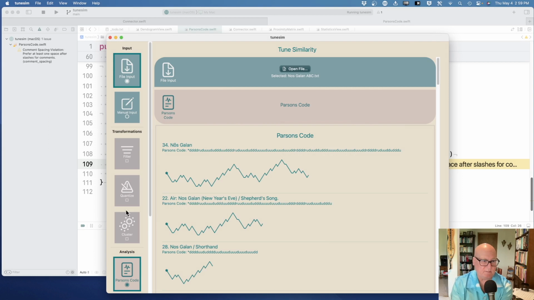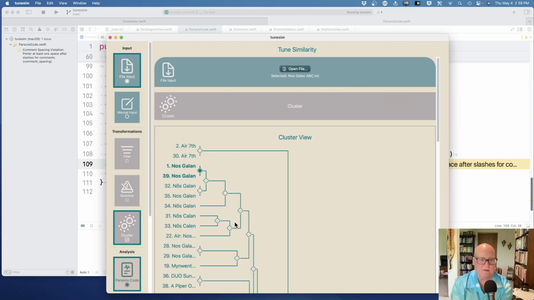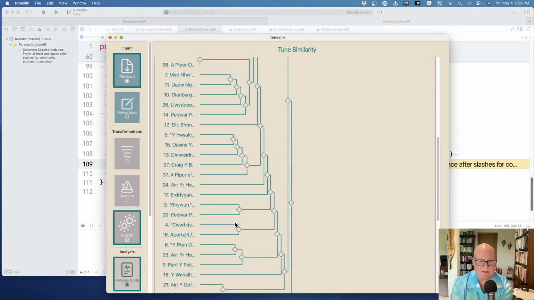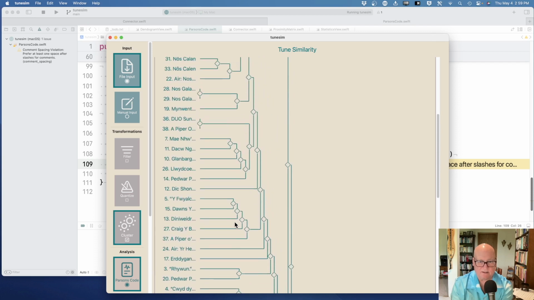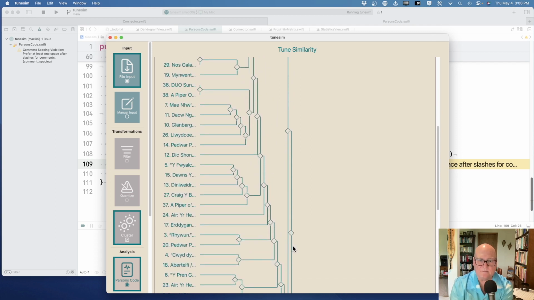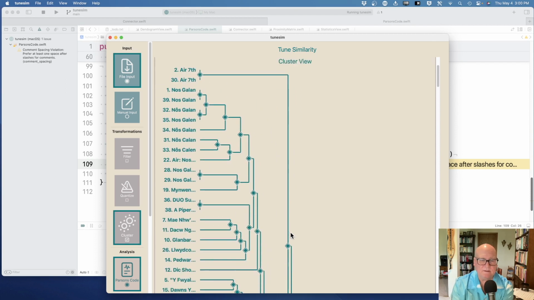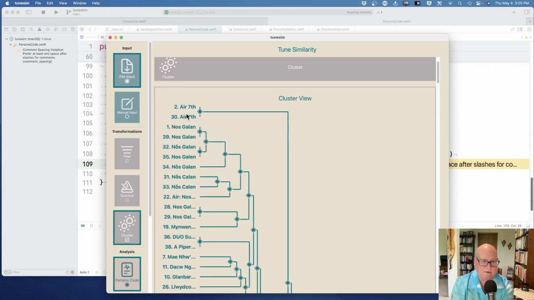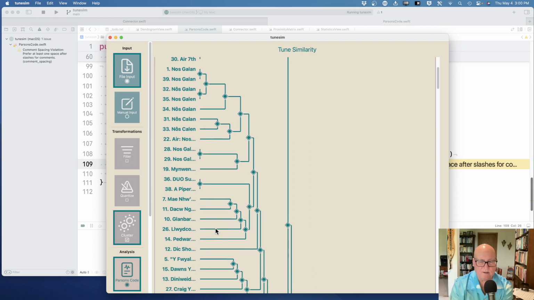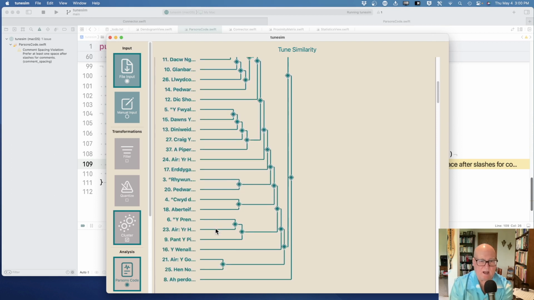I believe we put that back. Okay, so cluster. All right, that's a little flatter cluster, isn't it? A lot flatter, actually. Is that everything? Yeah. The 2 Air 7s got pulled together because one was so long nobody could match it before. All right. I think this is definitely,